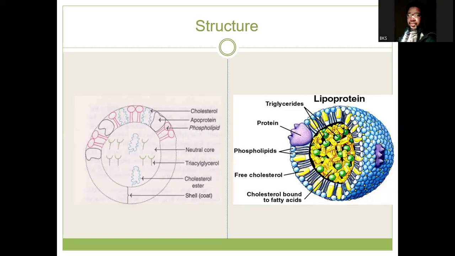So when they form this layer together with proteins, then inside the core you have some neutral lipids that are highly hydrophobic. They do not interact with water. As well as cholesterol esters. So cholesterol esters and triacylglycerols are usually the main lipids that are found inside. When you look at another structure, the other